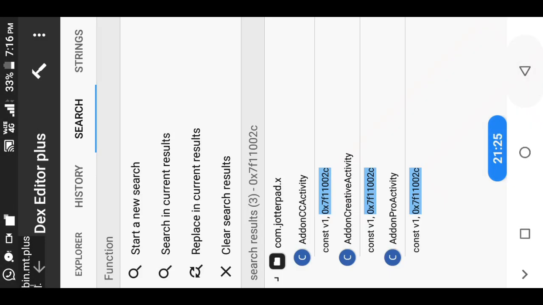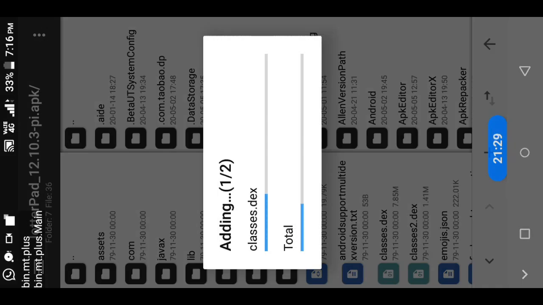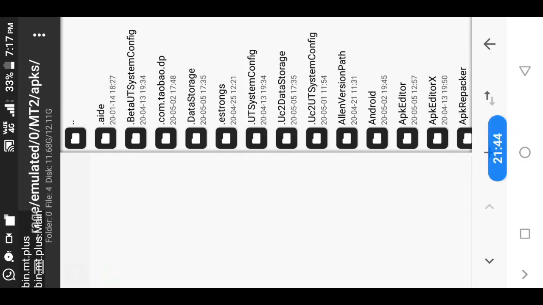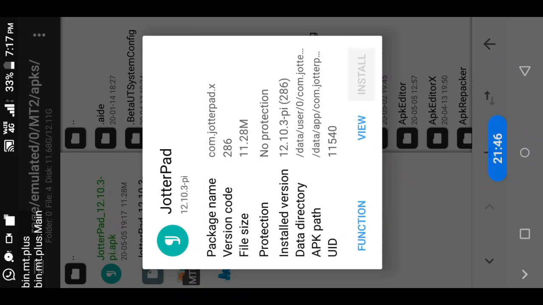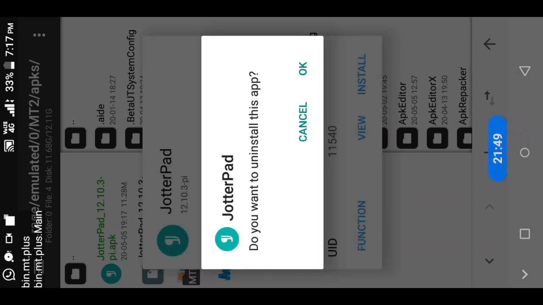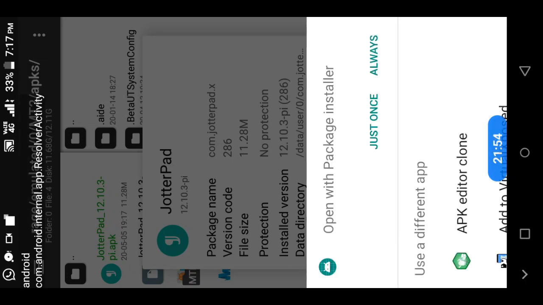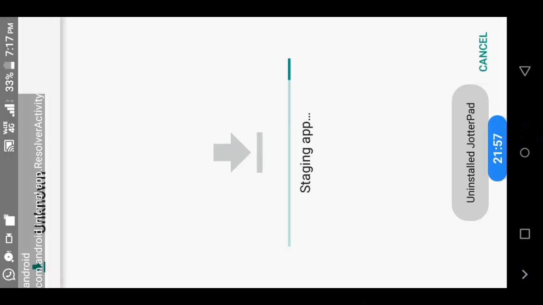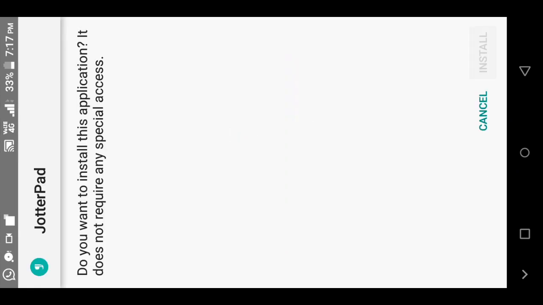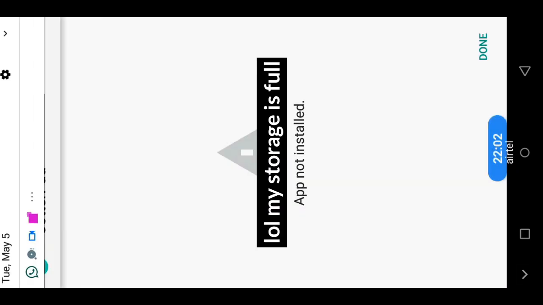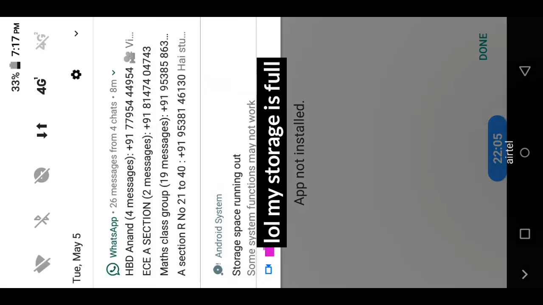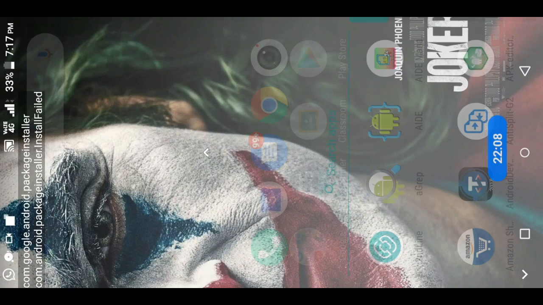So it is successful now. So now it is done, let's install and see it. So my storage is full, so it is not installing. Let's clear my storage.